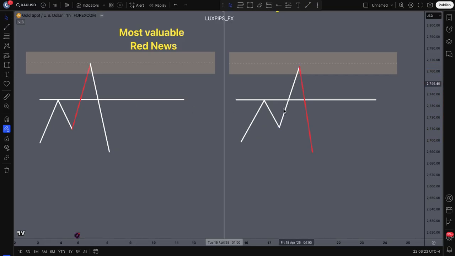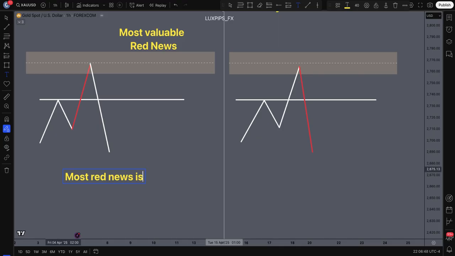See the difference? The high, this two-stage liquidity was hit before the red news, so the red news is going to do what follows after. The red news here was part of this two-stage liquidity, and actually it's even stronger in this scenario because most red news,